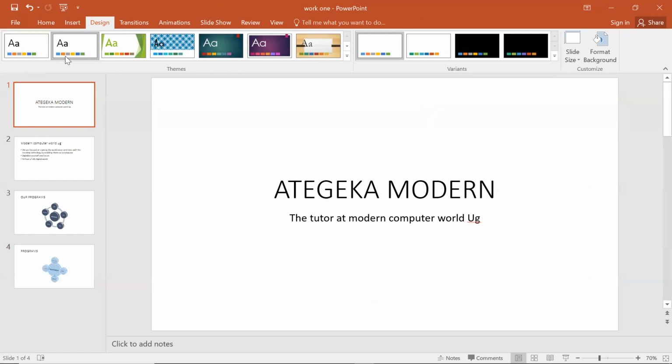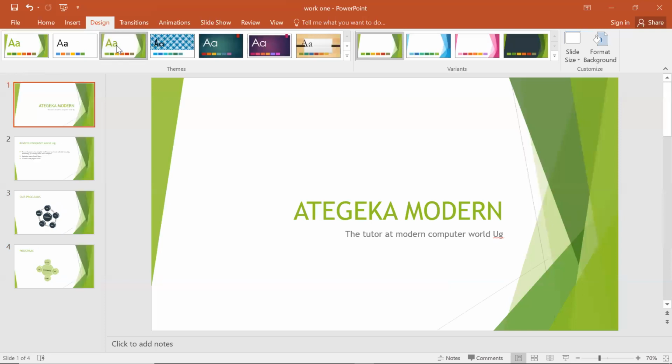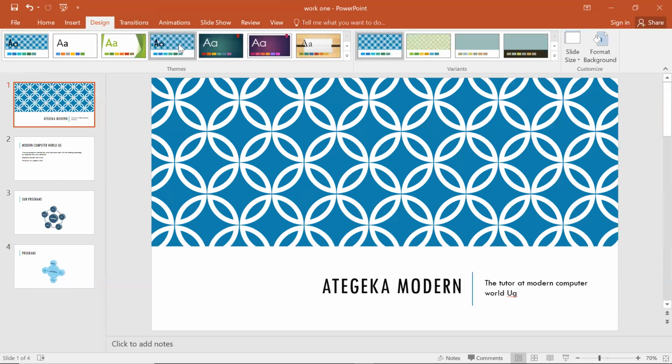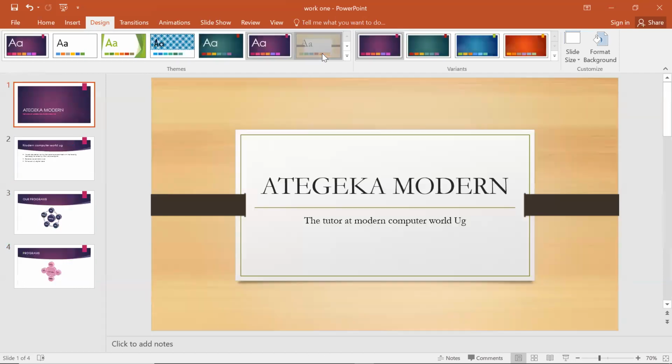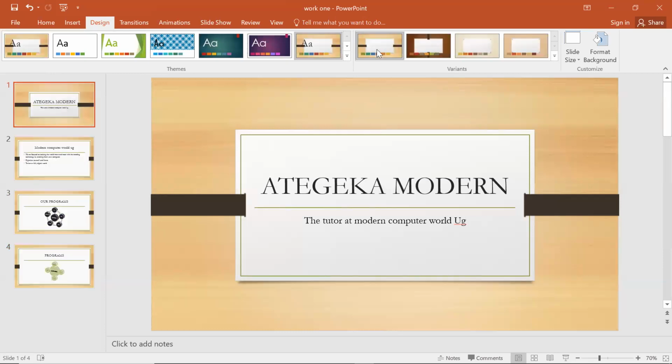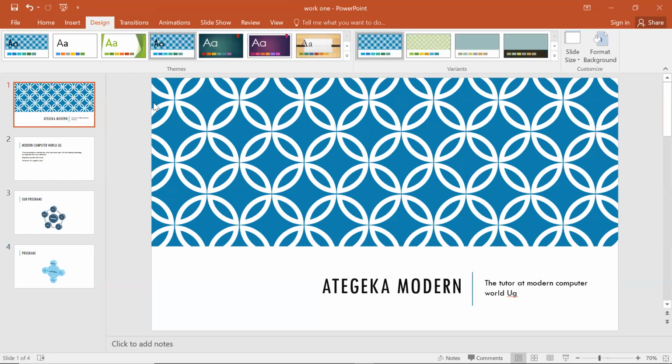So when we put like this, this is the already inserted design. When you do like this, I think you can see the design has changed. There are very many designs. So now you see the design I'm putting is affecting the whole document, the whole slides. But I want only different slides to have different